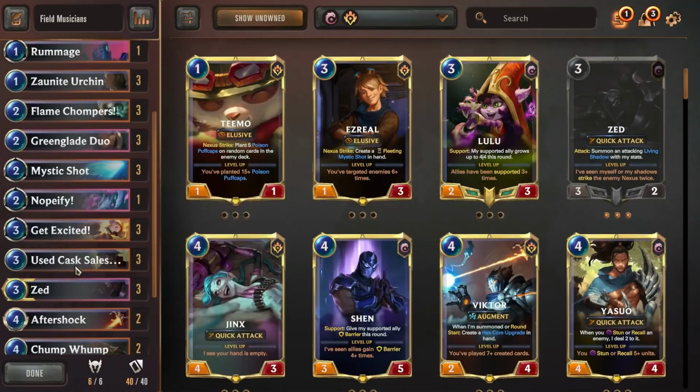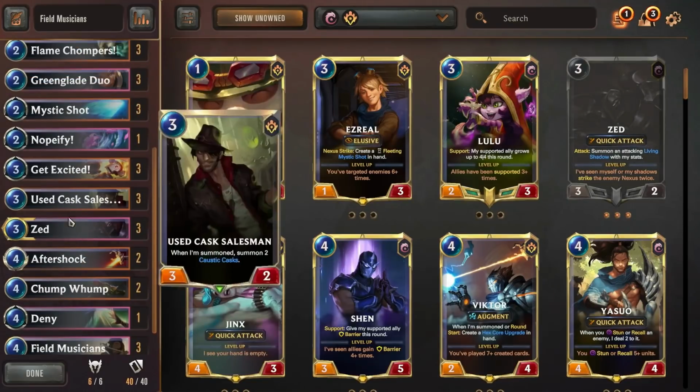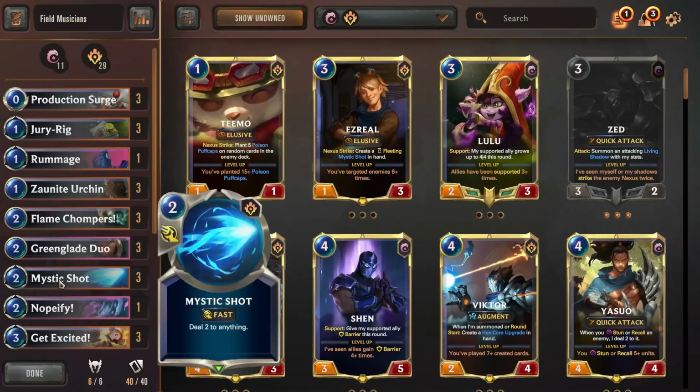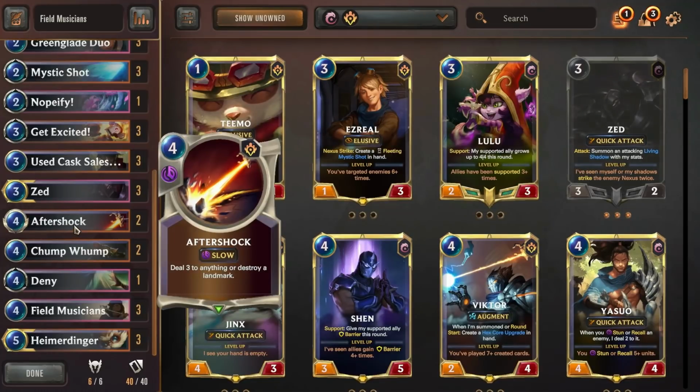So we've got Mystic Shot, Get Excited, and Aftershock. These are our reach spells. We've also got a couple of mushrooms with Chump Wump, but that goes into the discard synergy with Rummage, Zonite Urchin, and Get Excited. I wouldn't rely on getting a whole bunch of damage from Puffcaps, but it is also extra mana and spells that we can spend on turrets, and once we get extra mana, we can use it to be a little more efficient. So that's the direction I went with it: burn, extra damage, and